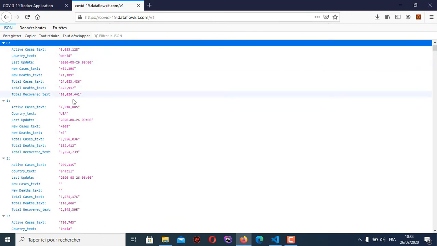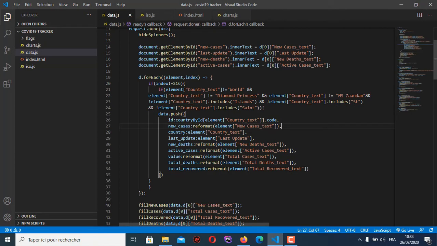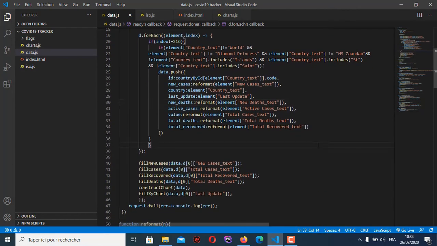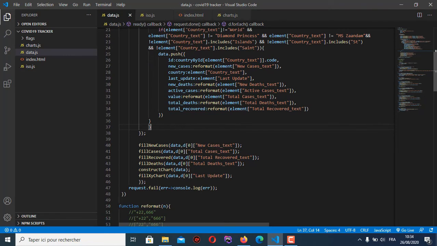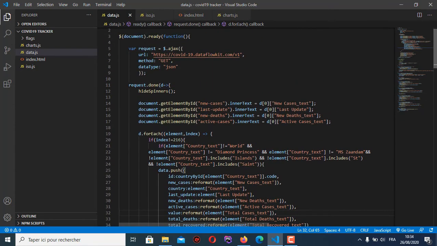As you see here, there are our active cases, country text, last updates, new cases, etc. And for others like new dates, I reformat every data to be a number, so I can use it for our map. So after I build our data, the table of data,